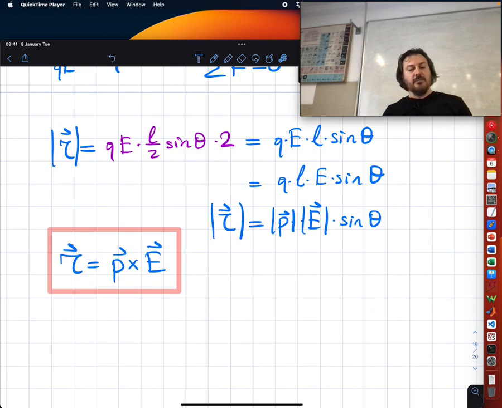Torque is equal to the magnetic dipole moment cross product E. It matters if it's E cross P or P cross E. It matters, right? Because E cross P is the negative of P cross E. You do know this, right? Good. So, for example,